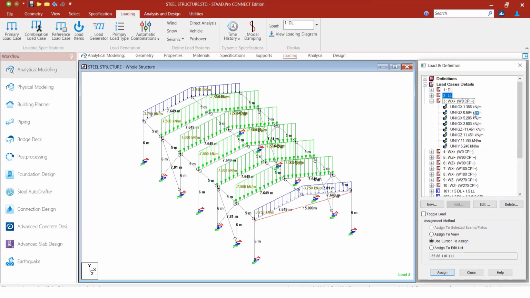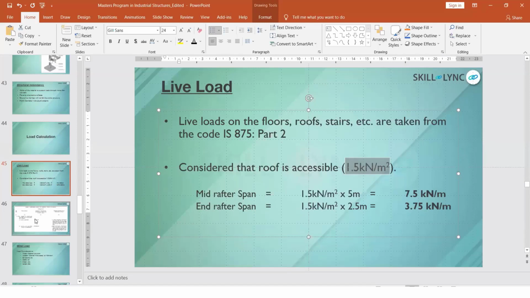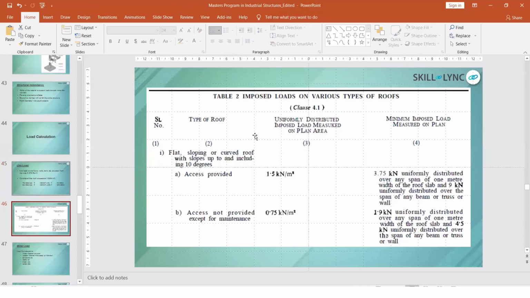So now let's go on with the wind load calculation. I hope the dead load and live load is clear now. So now I will take time to explain you in detail how the wind load is calculated. Okay, so now I think the live load is clear. So you have a same table like this for all the different kinds of buildings for which you have to consider the live load that needs to be considered. Okay, next is the wind load.